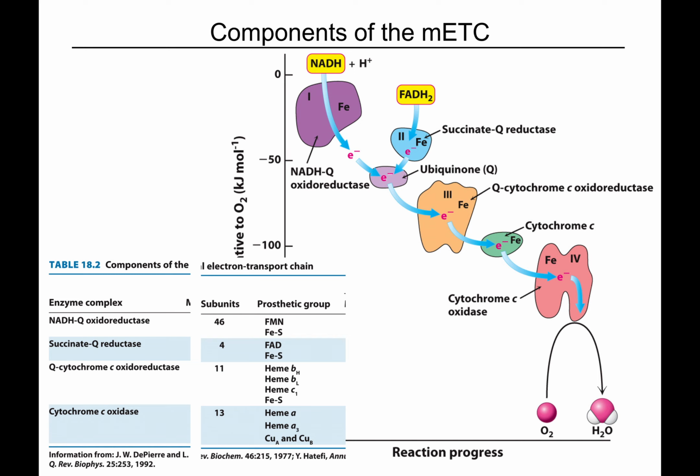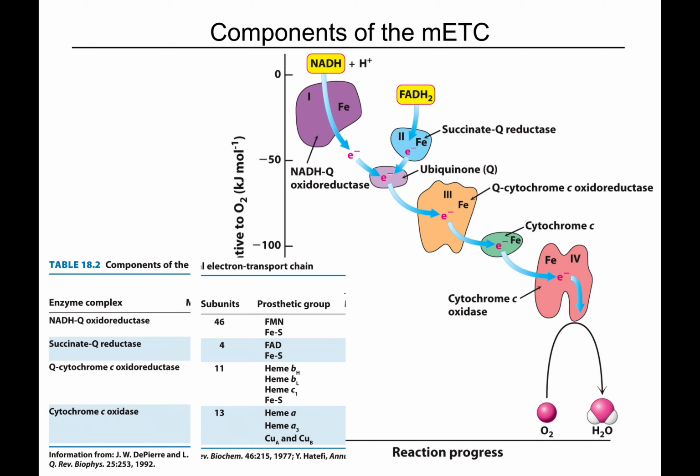All right, thinking about this in the context of energy, okay? On the y-axis, this is the reduction potential or the free energy of electron transport relative to oxygen. Oxygen is at the bottom. So the idea here is passing electrons from NADH to molecular oxygen releases energy. It's a downhill slope. Same thing starting with FADH2. NADH is a little bit higher, so the difference in energy between NADH and oxygen is a little bit more. So we produce a little bit more energy when electrons start at NADH relative to FADH2.